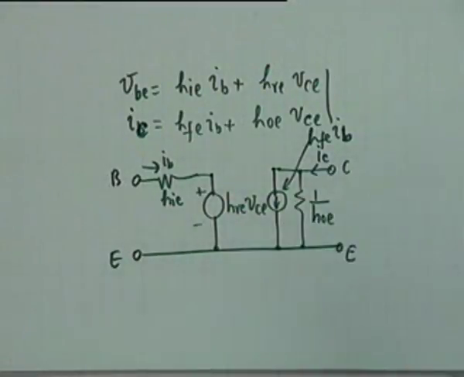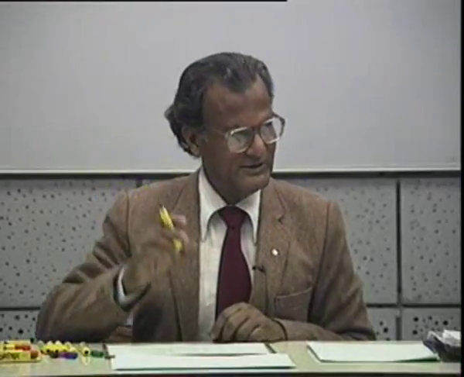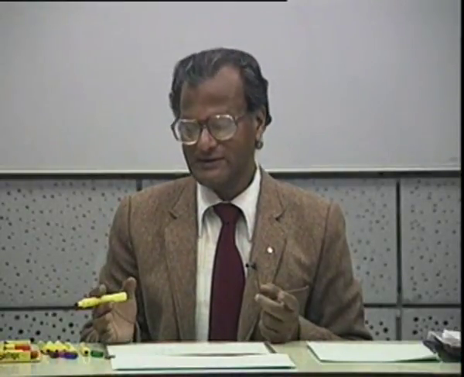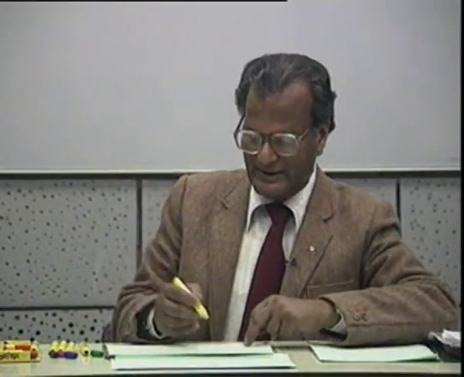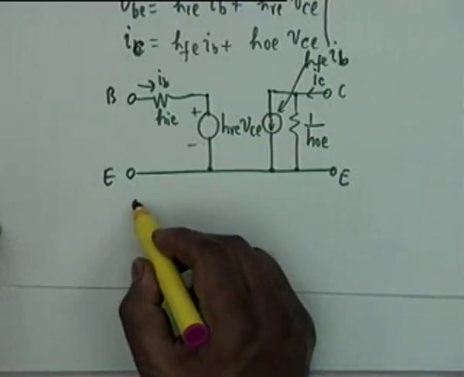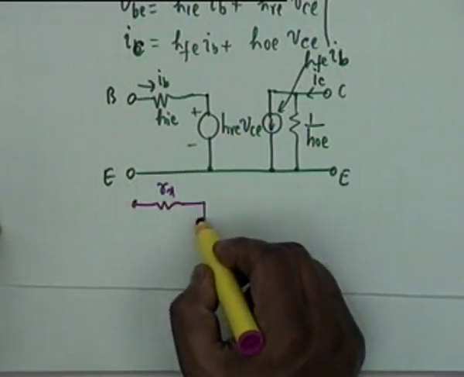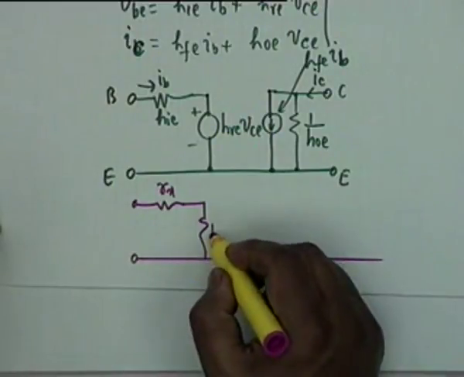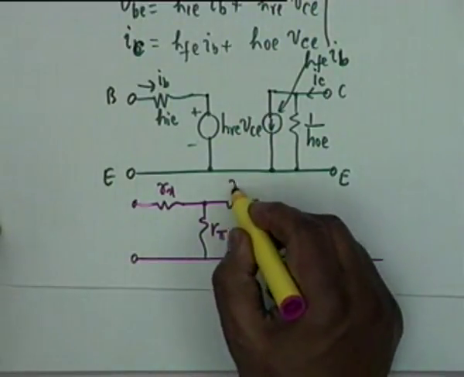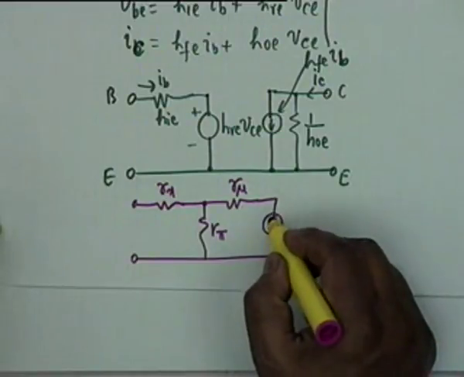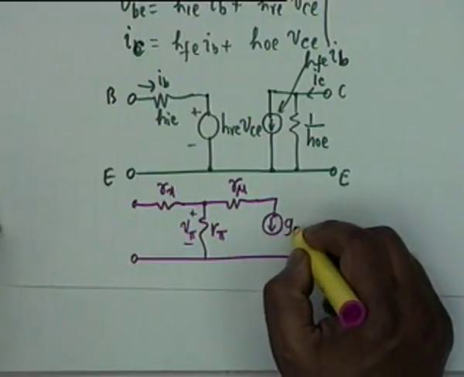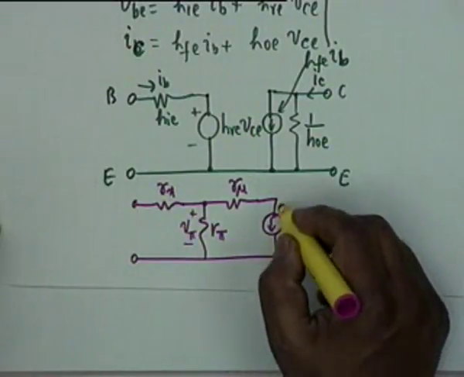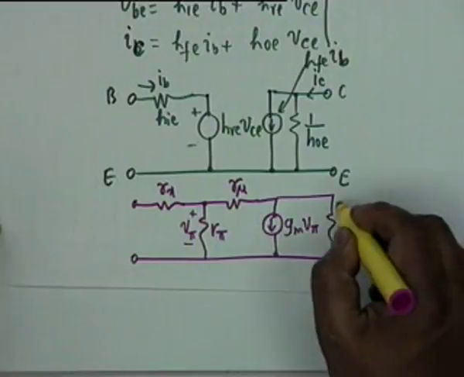Slight modification of this leads to the model that we are interested in, which is derived from physical considerations, and that's why that is called a hybrid pi model. Let me draw the hybrid pi model side by side. What we have is between base and emitter we have Rx, R pi, then we have an R mu, then we have, if I call this a V pi, then this is Gm V pi, and then we have R0.